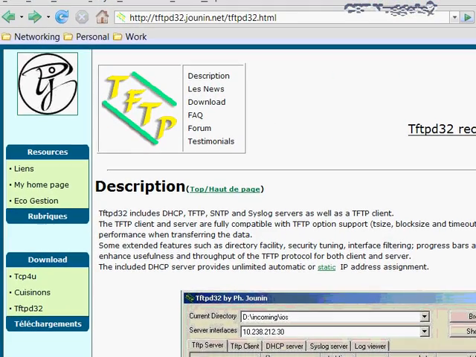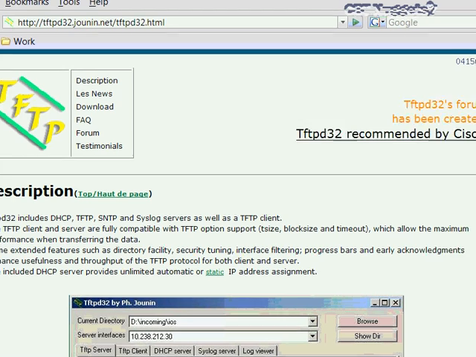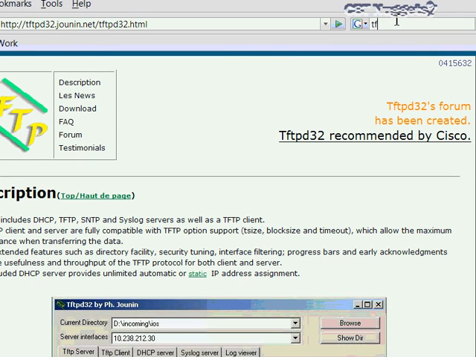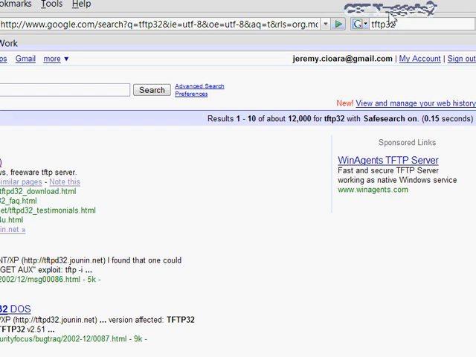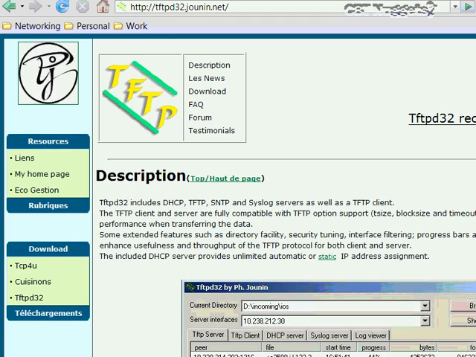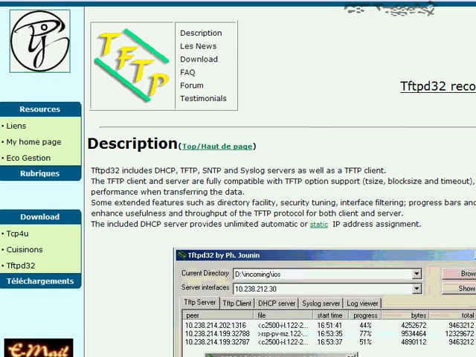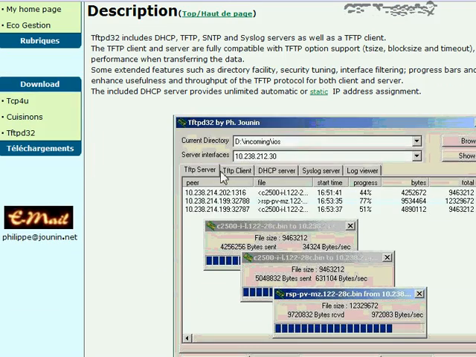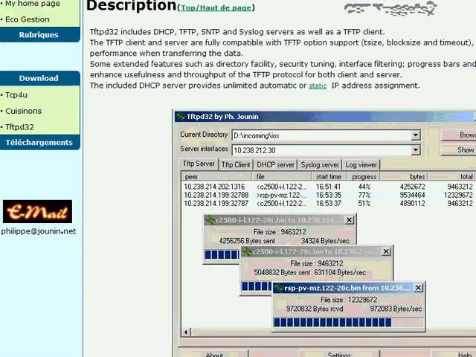This is tftpd32.jounin.net. Just so you don't have to remember that, you can just go to Google and type in tftpd32, and that is going to be the first hit on Google right here, this description. It is a free TFTP server that is very simple. You just scroll down right here, which shows a screenshot of it, and near the bottom it has,